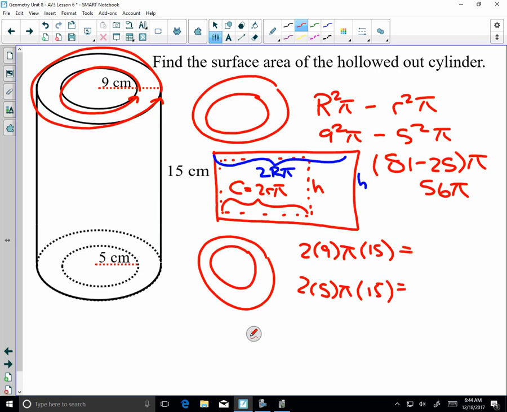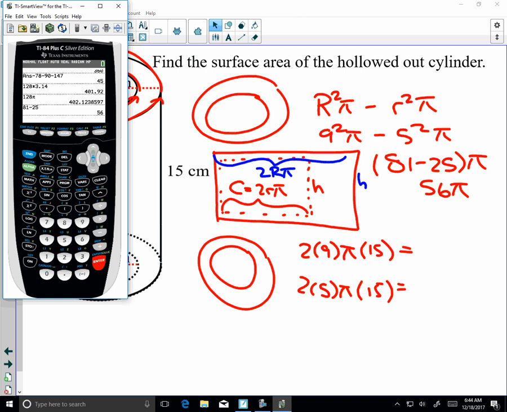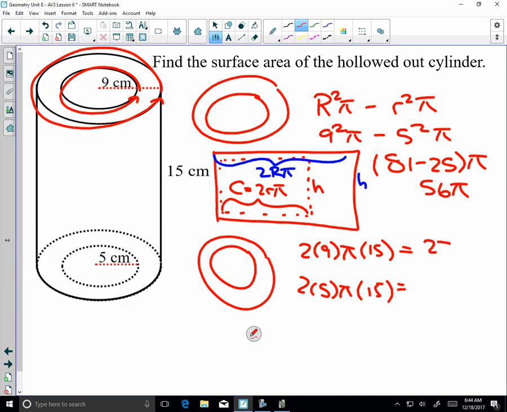So we want to have these pieces here. So we've got 18 times 15, or 270, and then we have 10 times 15,